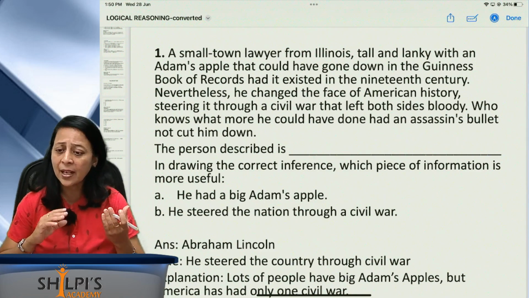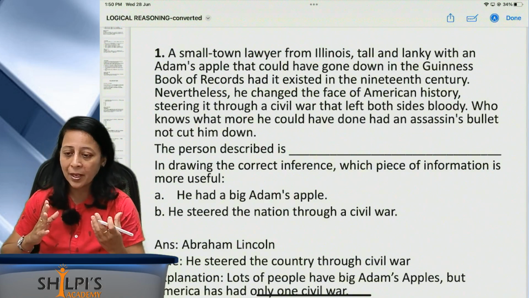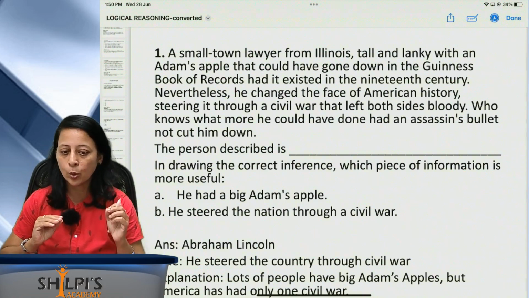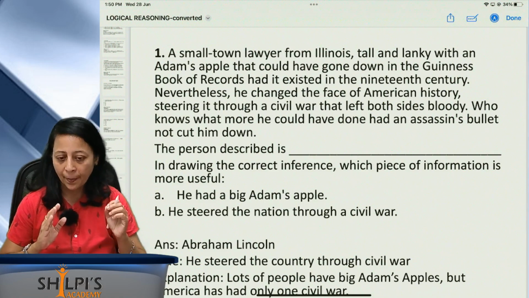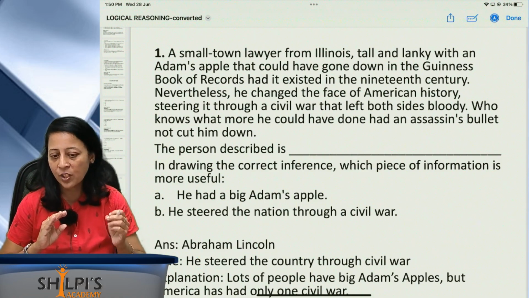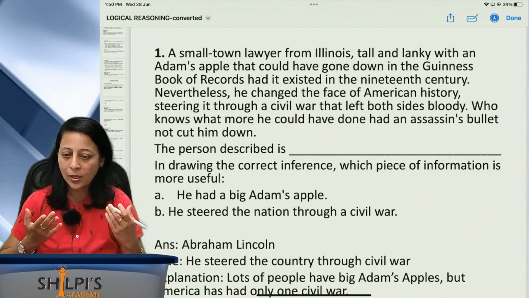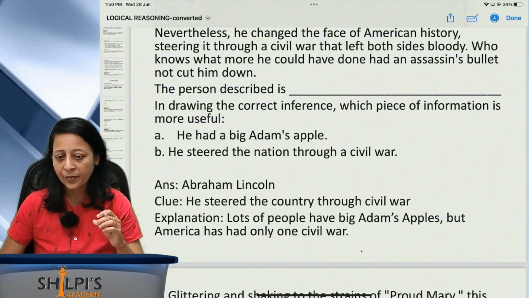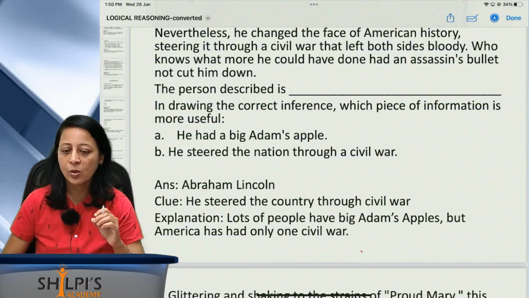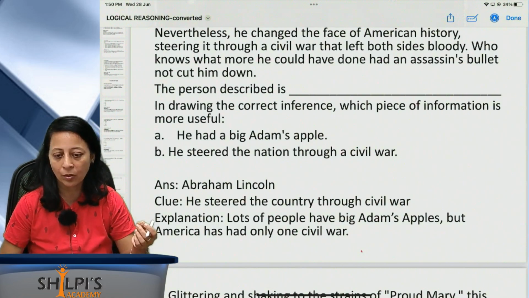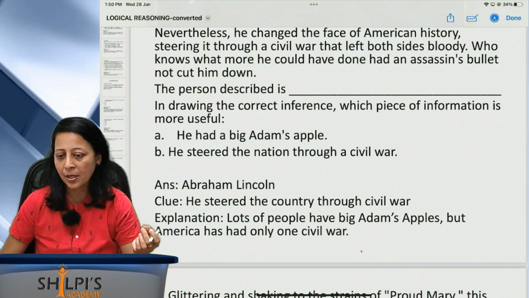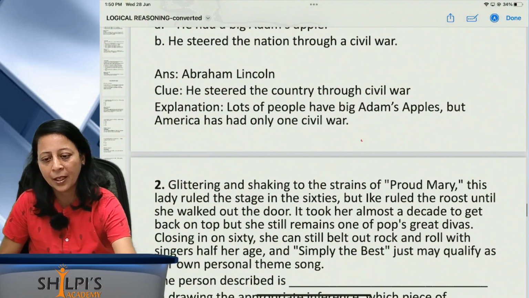Most men have a big Adam's apple, so you cannot take that as a clue. So he steered the nation through a civil war. That is the piece of information with which we have to find it out. So who was that? The person described is Abraham Lincoln. Okay, so he steered the country through the civil war. With this clue you have to find who the person described is: it's Abraham Lincoln. Likewise here,